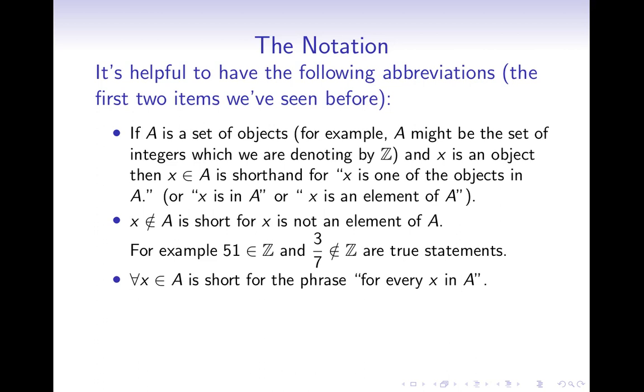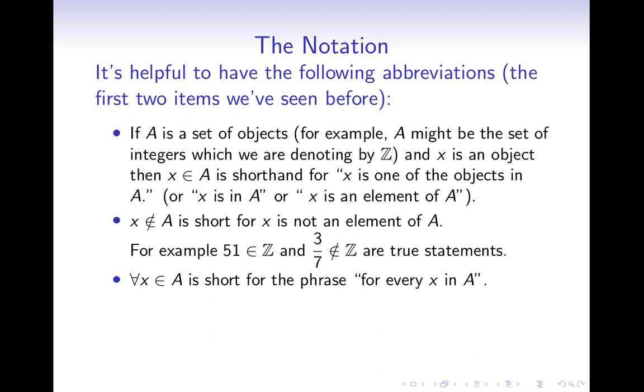And now some notation that we haven't seen before, at least on the slides. This sequence of symbols, this thing that looks like an upside down capital A, x is an element of A, is short for the phrase "for every x in A." In other words, the upside down A is a shorthand for every, or sometimes for all,